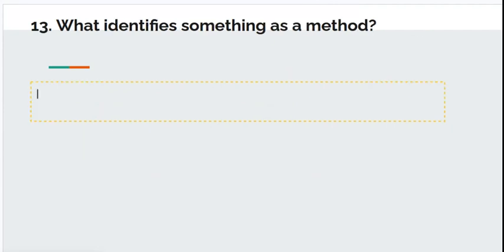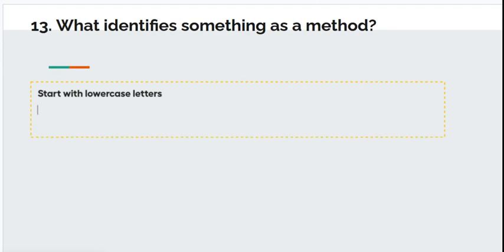Number 13, what identifies something as a method? Now, I'm not talking about what parts make up a method. That would be the signature, and I'm not really concerned about that right now. I think I'll cover it just because I can. But what I'm looking for is visually, how can you recognize a method? So a couple things. Methods start with lowercase letters. That's just the way they're built. And they're followed by